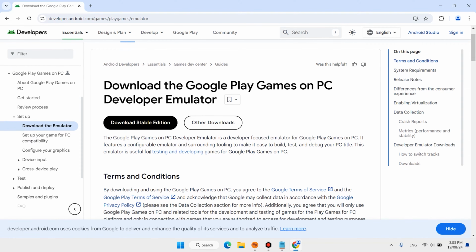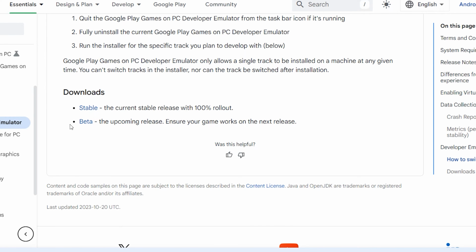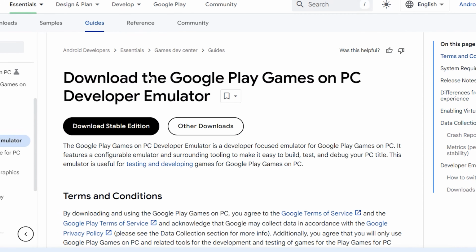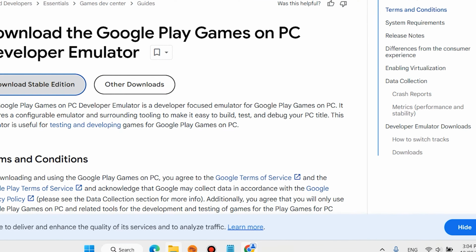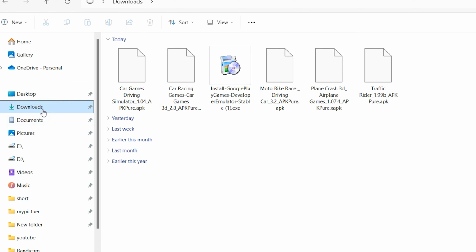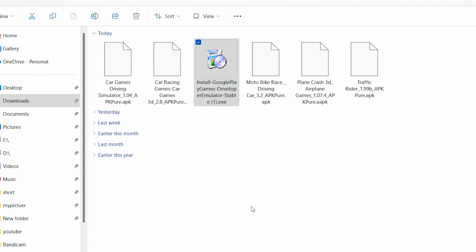Okay, here we have two types. If you click on other, scroll down, here is stable and also beta. Come back, click on download stable edition. Open this folder or come directly on File Explorer, download, install Google Play Game, double click, click on yes,